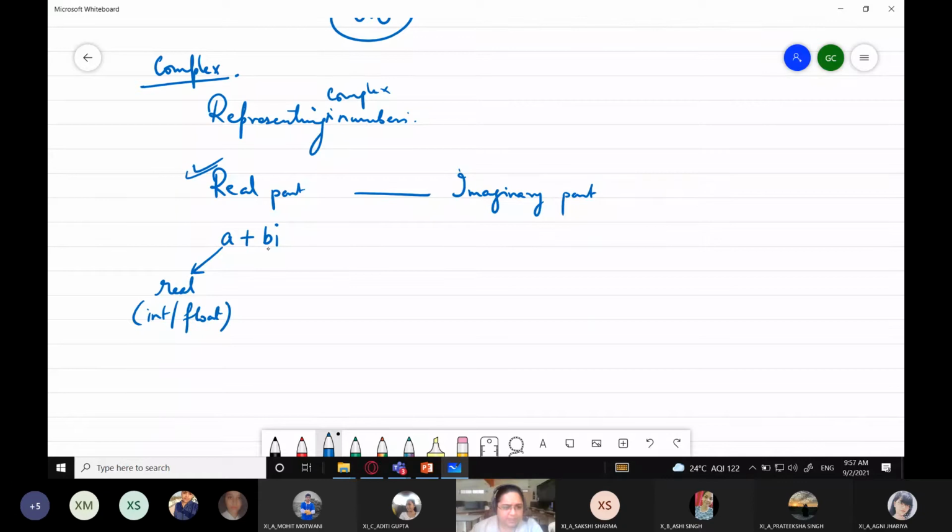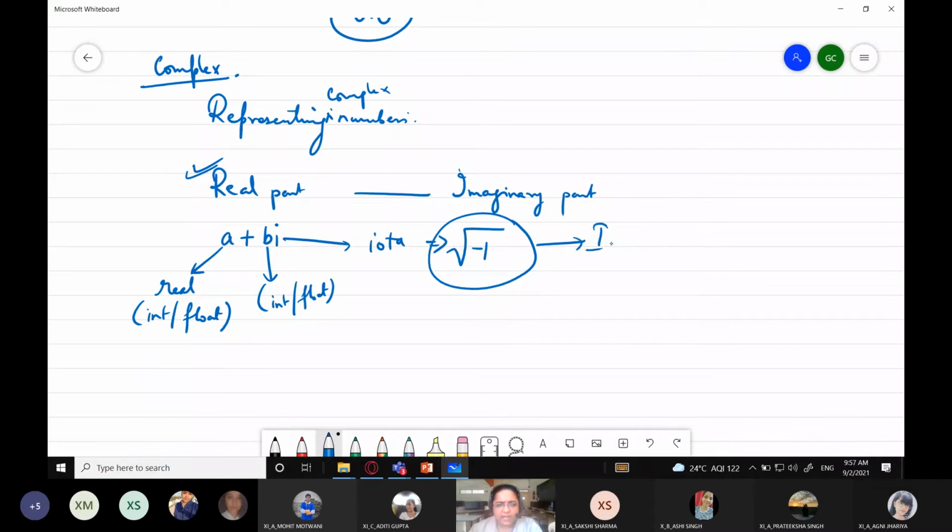Whereas this b can also be integer or float, but it has associated with it an iota, which represents under root minus 1, that is, square root of minus 1. This square root of minus 1 is considered imaginary, and it is given the term iota and represented by i. So a is the real part and this is the imaginary part.